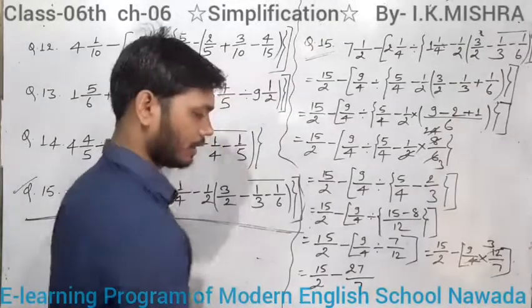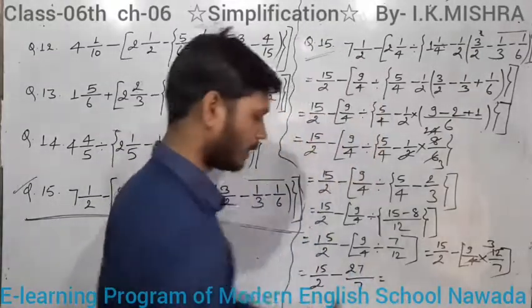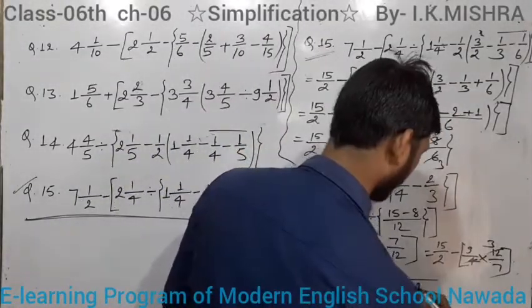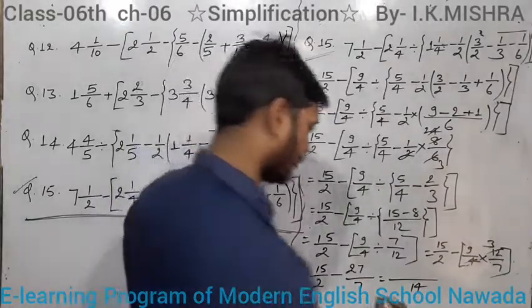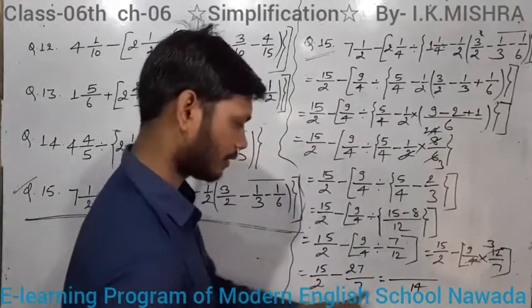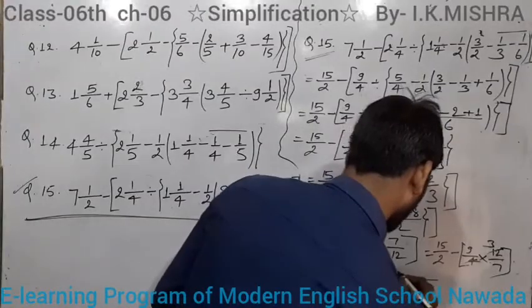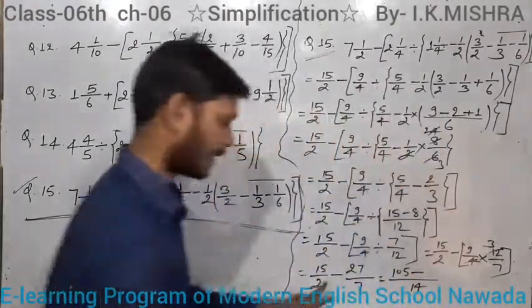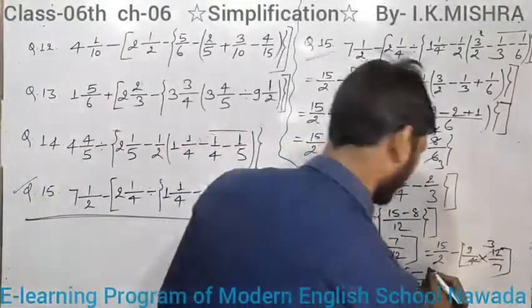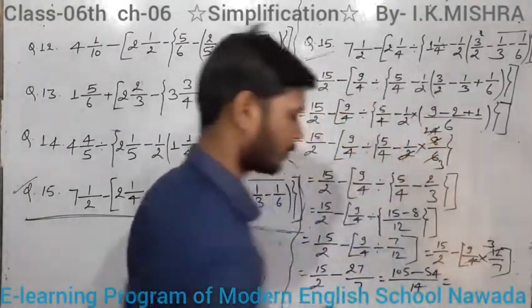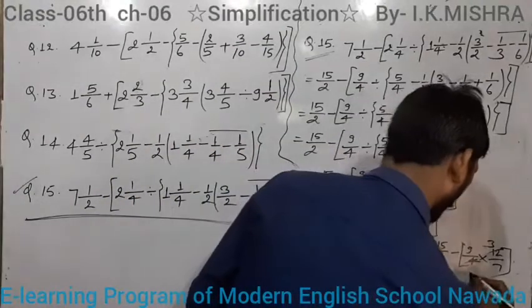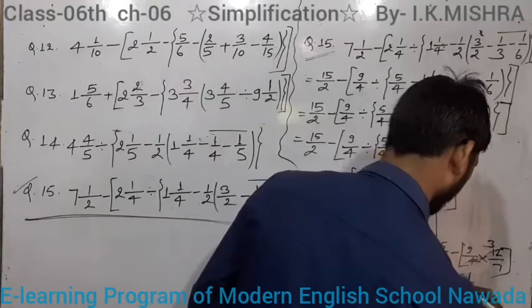Clear students? After that do the LCM, which is equal to 14, and 7 times 105 minus, and 2 times 54. After that students, subtract, 1 and 5, 51 by